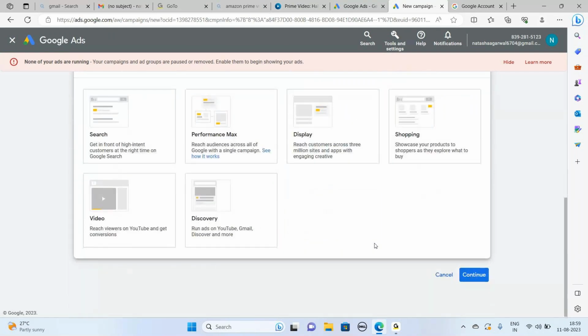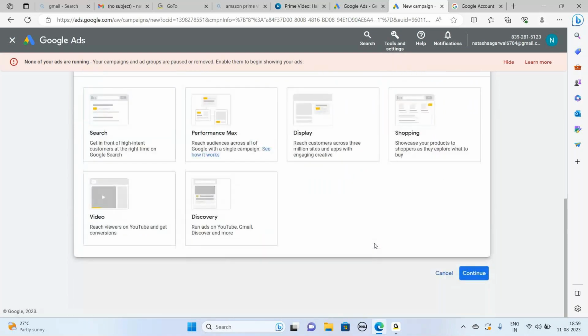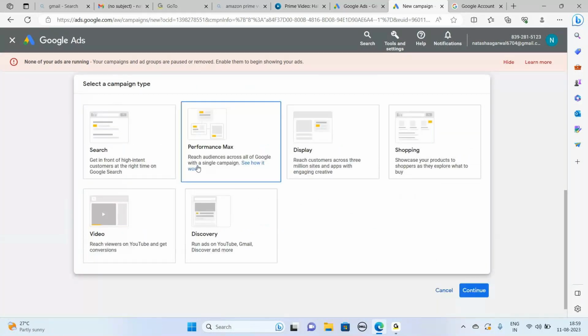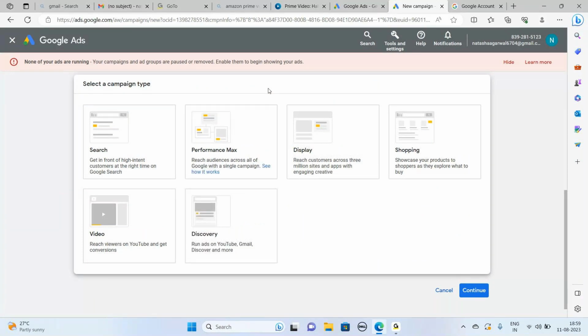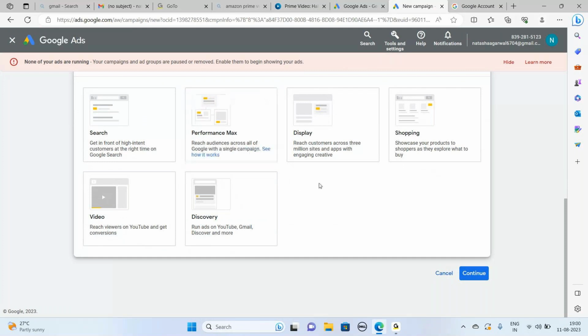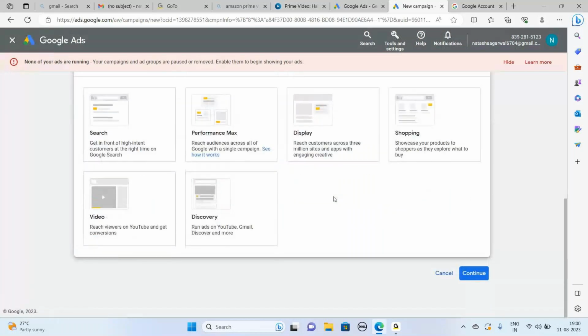Okay. So can you just check it out with leads? How many campaign types are there? And tell me, is it the same campaign types or are there any changes? How many campaign types do we have? In case you're finding it difficult to type in the chat box, you can unmute yourself and answer.